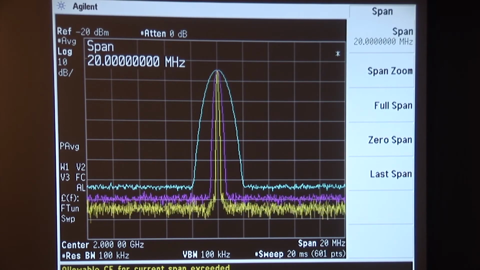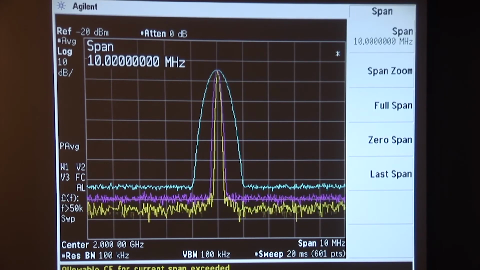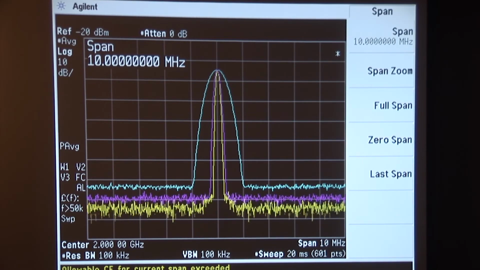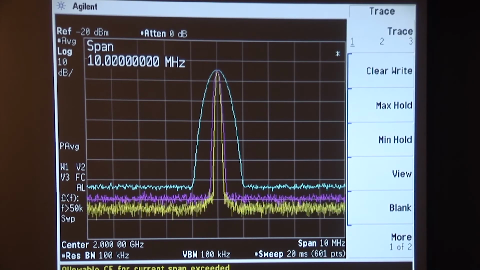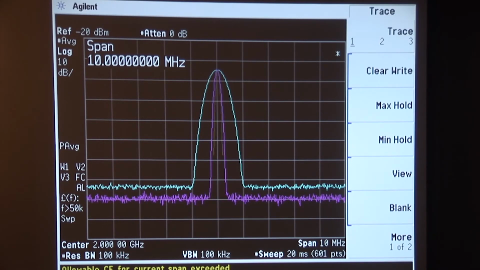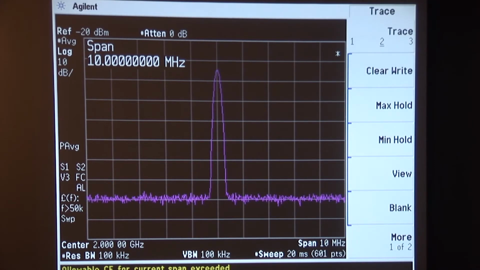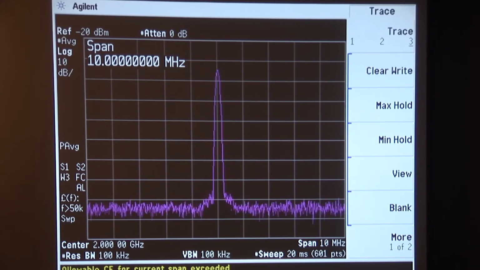So we'll go from a 20 megahertz span down to half that, a 10 megahertz span, like so. We'll go trace 1 blank, trace 2 blank. Okay, there we are. Trace 3, clear right. All right, so now we're able to see a little more clearly what's going on down